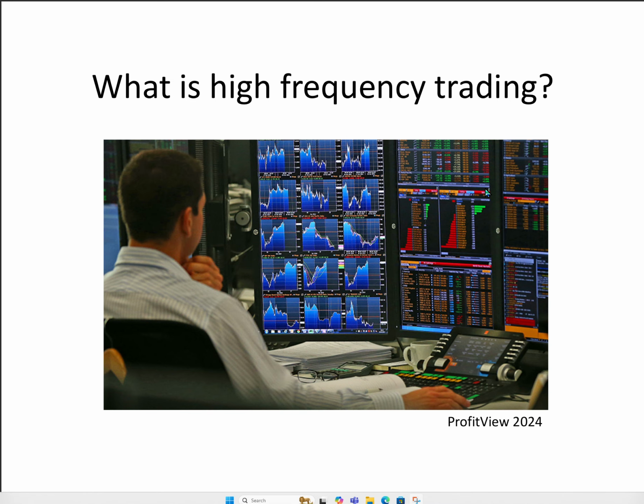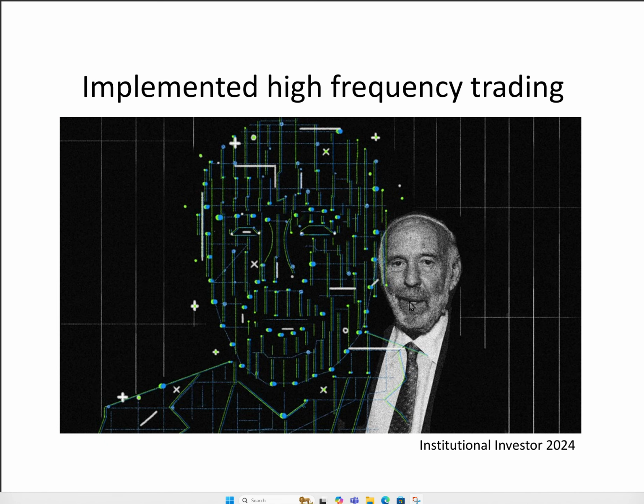Traders develop these systems for competitive advantage, often co-locating their platforms near stock exchanges to minimize latency and capitalize on market changes. One of the most glaring and successful examples of this type of trading is the Medallion Fund, operated by Renaissance Technologies and funded by Jim Simons. It is one of the most successful hedge funds known for its use of sophisticated quantitative models and high-frequency trading